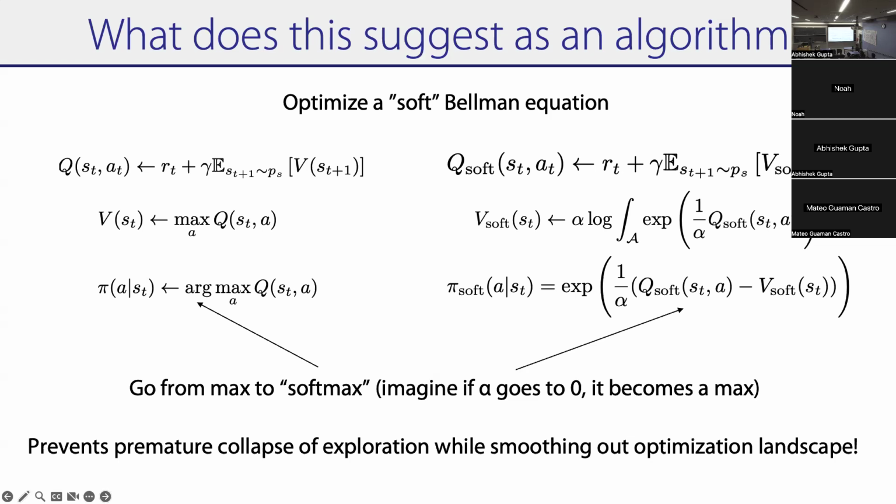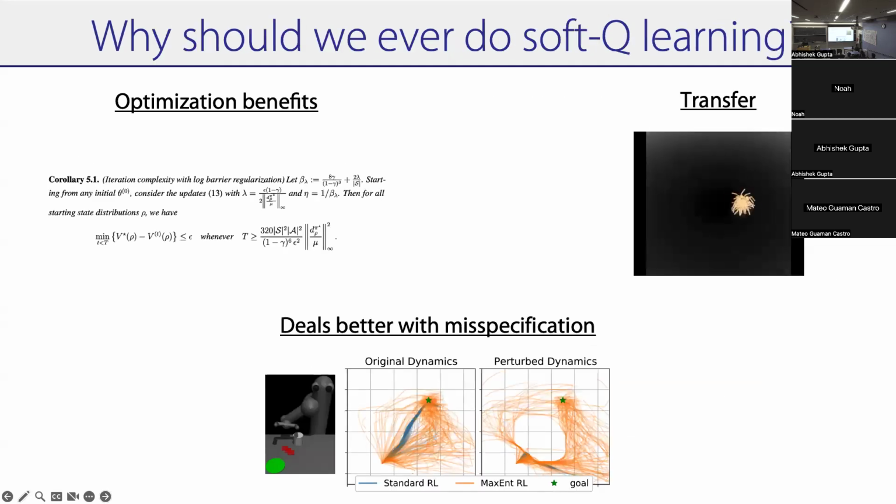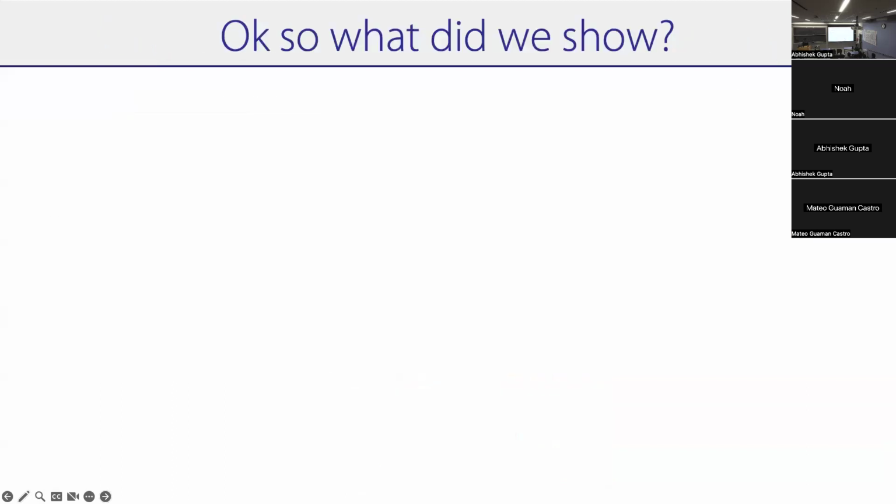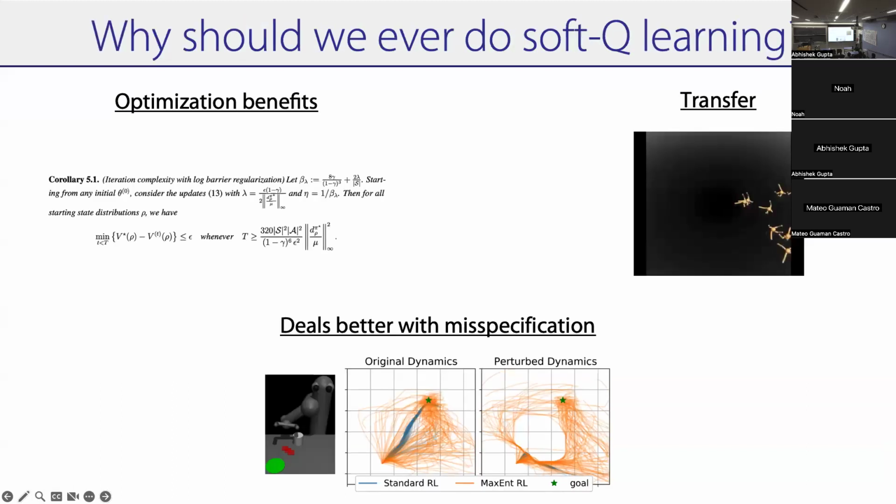Now in practice, you often use soft Q learning or soft actor critic because it helps in different ways. It makes optimization better. There's a nice paper on the theory of policy gradient methods you should read. It talks about why entropy prevents gradient collapse. There are also things about how if your rewards are wrong, or your problem is misspecified or noisy, entropy helps. And for transferring across problems, optimizing a maximum entropy objective can be helpful.